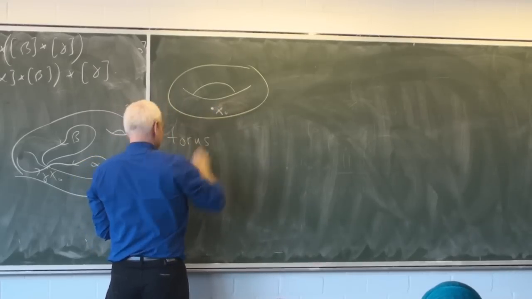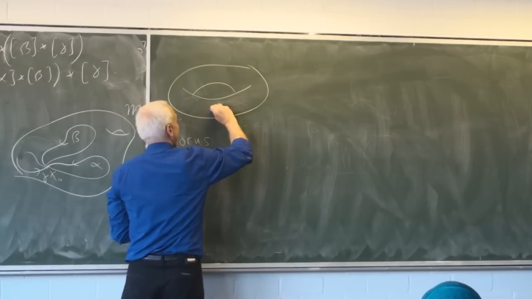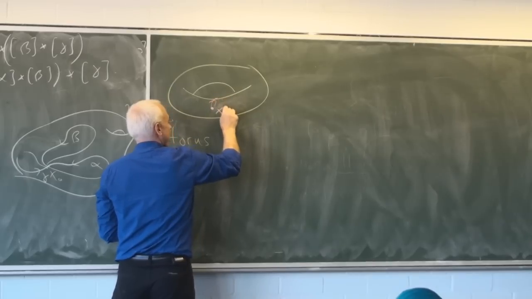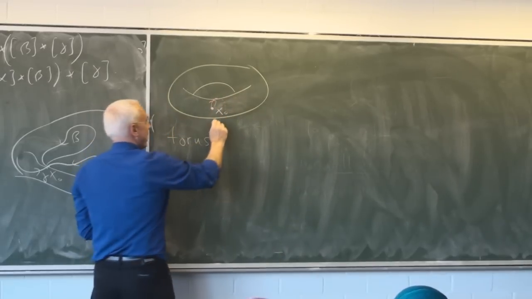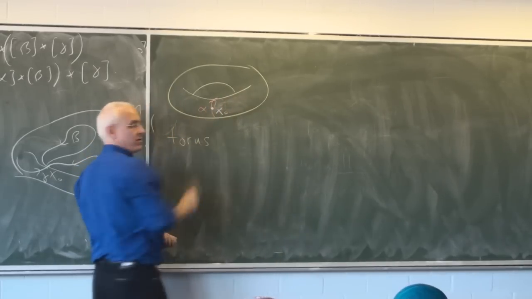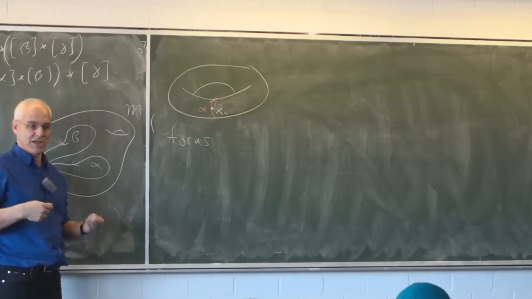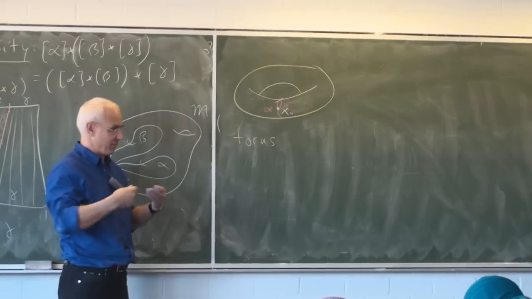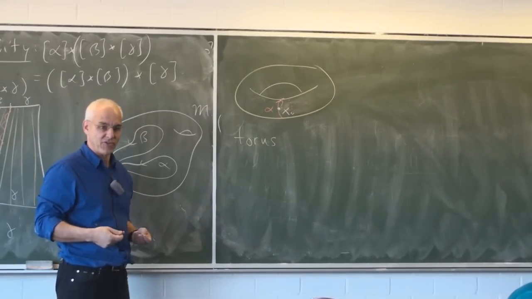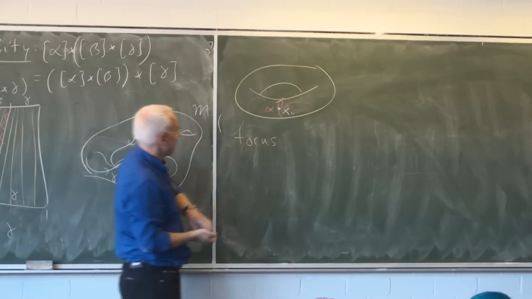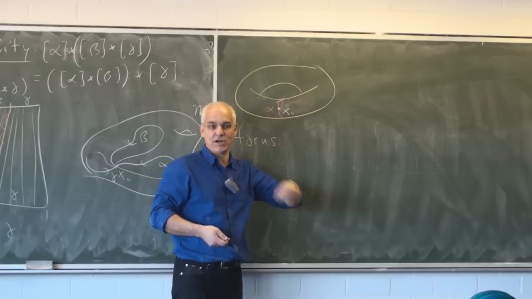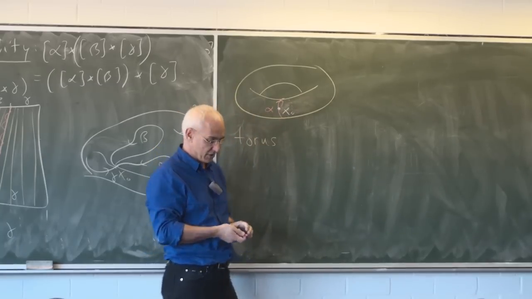And we'll consider the loop, say that goes around here, around the back side, and comes back up here, and we're going to call that alpha. Now that is not homotopic to the constant. That's really a loop in the space. It's analogous to the going around once in the circle that we talked about when we were talking about the circle.